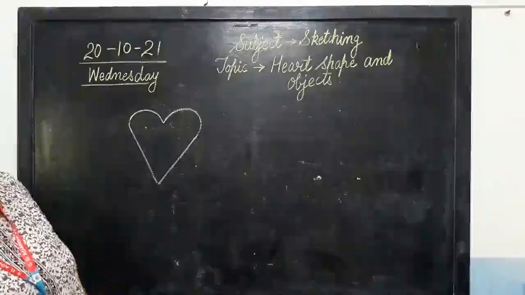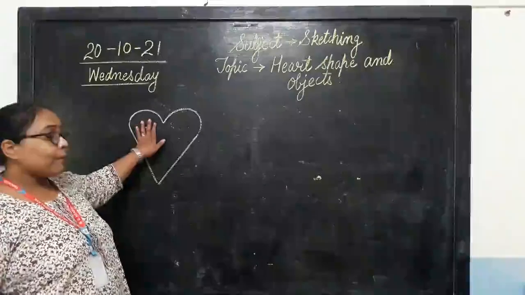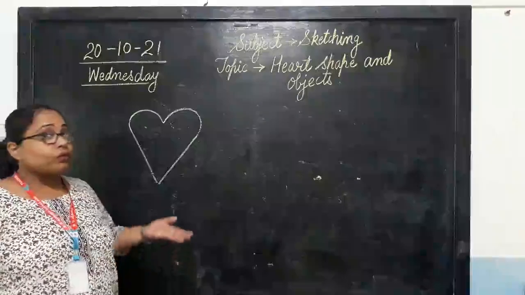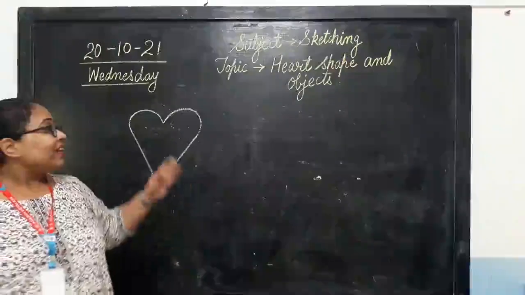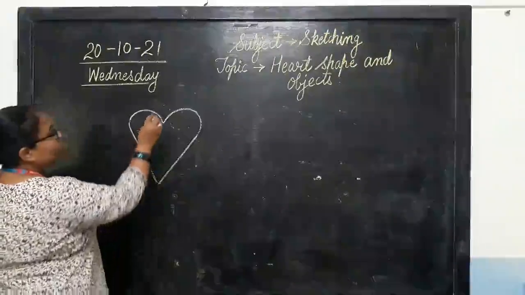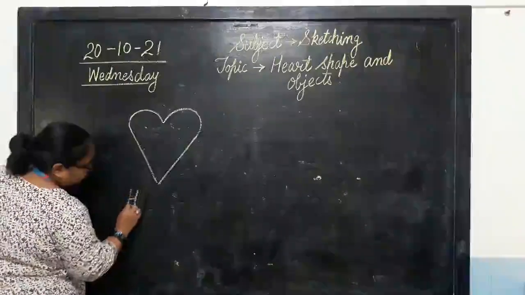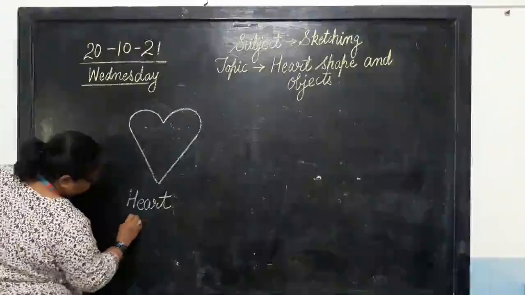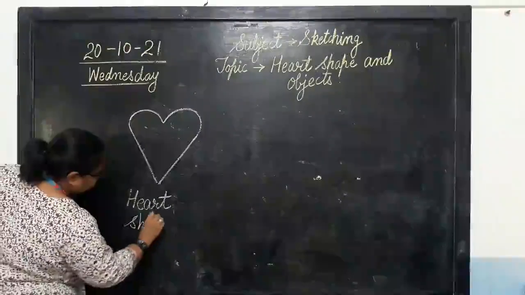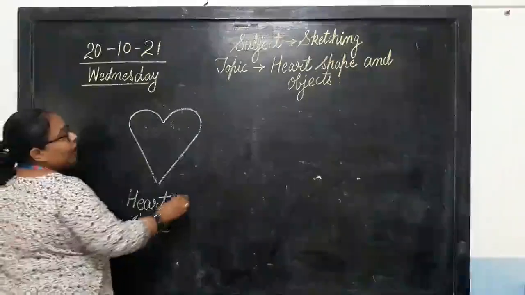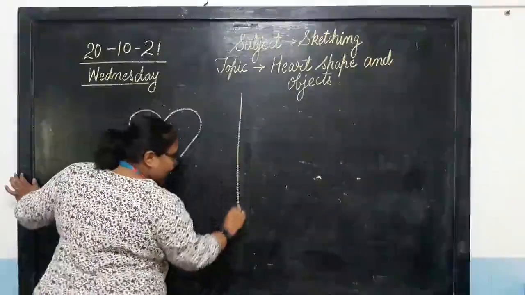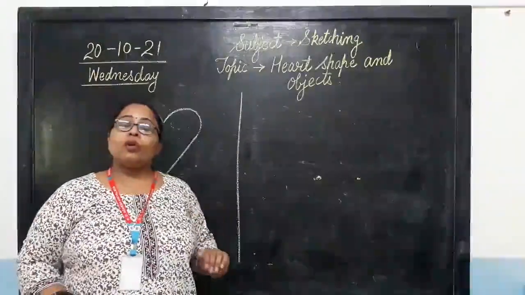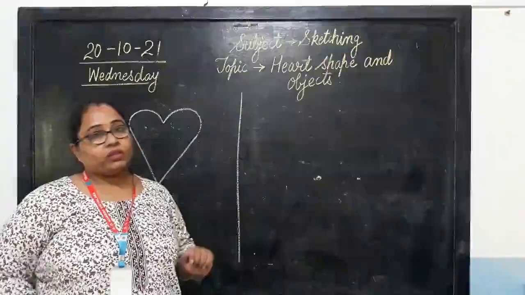Isn't it so simple to draw? Number आपको लिखना आता है, slanting lines आपको बनानी आती है. So now you don't need help from anyone. Like this, you will first draw the heart shape. Clear? अब इसी में ही हम पेज को डिवाइड करेंगे और दूसरी साइड हम क्या करेंगे? We are going to draw some objects with this shape.